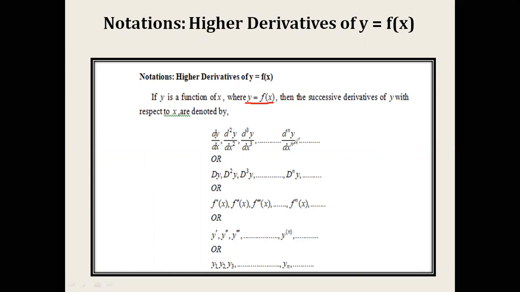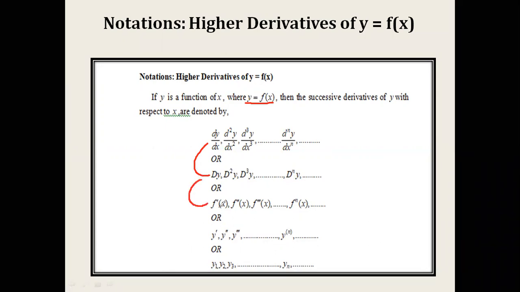So this is one of the symbols of these higher or successive derivatives. Another form of dy by dx: we can take d suffix y. This is also said to be the first derivative of this function with respect to x. Now for second order, we can take d2y by dx2, then d3y, up to so on dny. This is another symbolic form of this successive derivative.